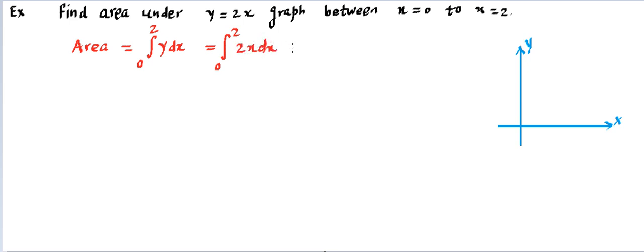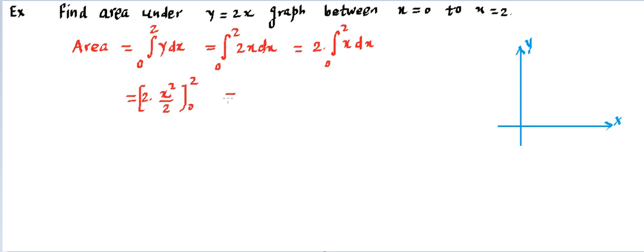You'll find this x integration is going to be quite easy, and then 2 can be taken outside. It's x dx, and the limit runs from 0 to 2. You can say 2 is outside, and this x integration becomes x squared by 2. Then you need to place the limit, so that limit can be placed on the overall part, or you can take the constant outside. It runs from 0 to 2.